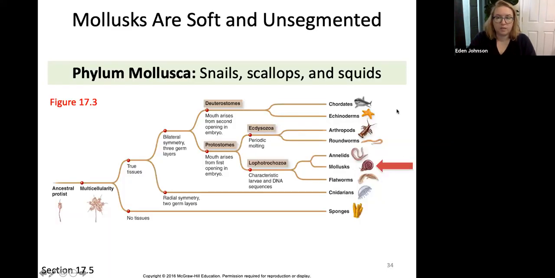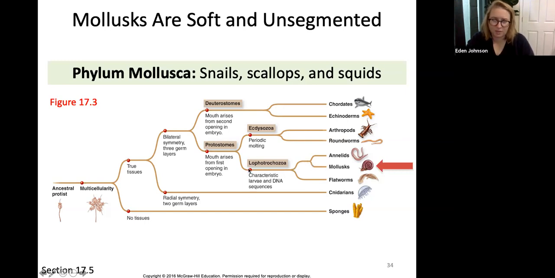Okay, let me move this back. So again, phylum Mollusca, you've got snails, scallops, and squids. So if you trace this back for mollusks, notice we skipped flatworms and we're also going to skip roundworms. But that's just because it's a whole lot of information, guys. So mollusks, if you are going to trace this back,